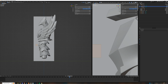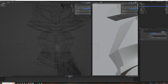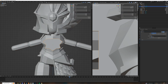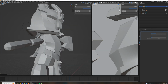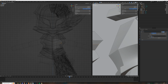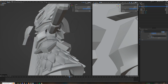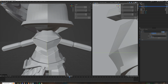Now what you see me doing is taking a plane or a cube and using that cube to basically box model a back plate armor. So I have the upper shoulders plate armor there, and I have the lower butt kind of area. Now I just need one for the actual back. So I just took a box model, applied a mirror modifier, and moved the vertices around to sort of fit